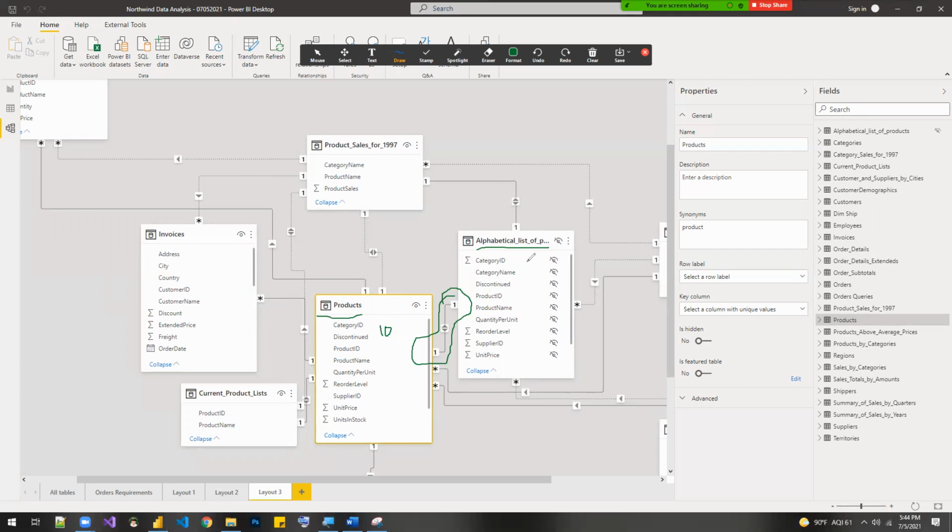The same thing we have in the alphabetical list of products as well. So we have only 10 rows. Using this, when we create a relationship, we see a one-to-one mapping. This is similar to playing a soccer match where we have an equal number of players and a one-to-one mapping. But if you see the other relationship it has, between the invoices and products, then we